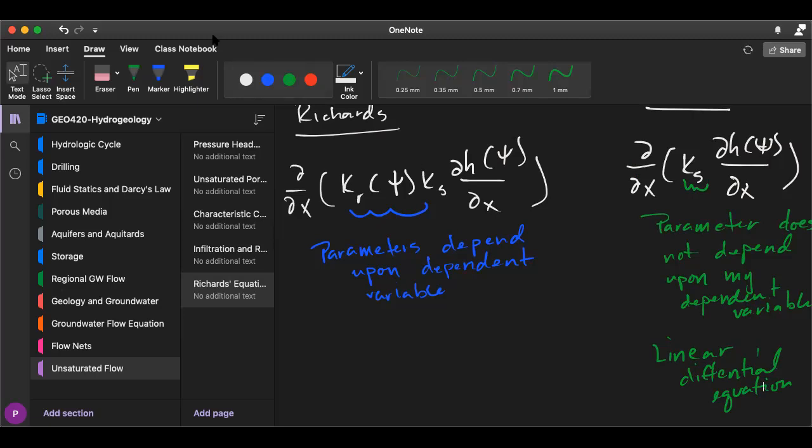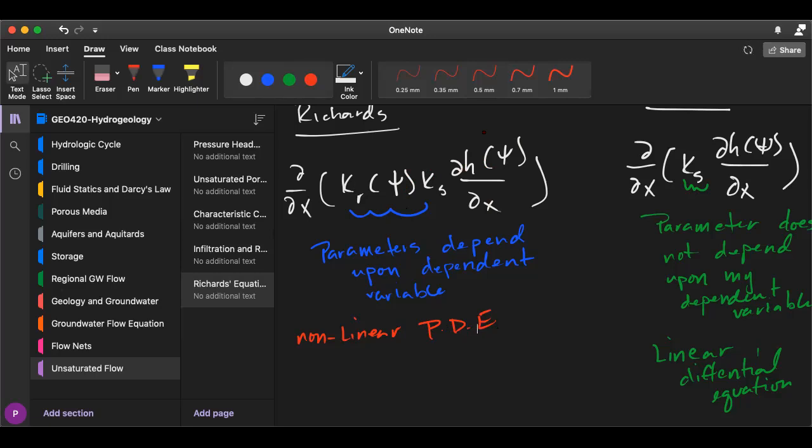This one is what we call a nonlinear, and these ones are really hard to solve. I've got to keep trying to predict my change in hydraulic conductivity as my head changes. So